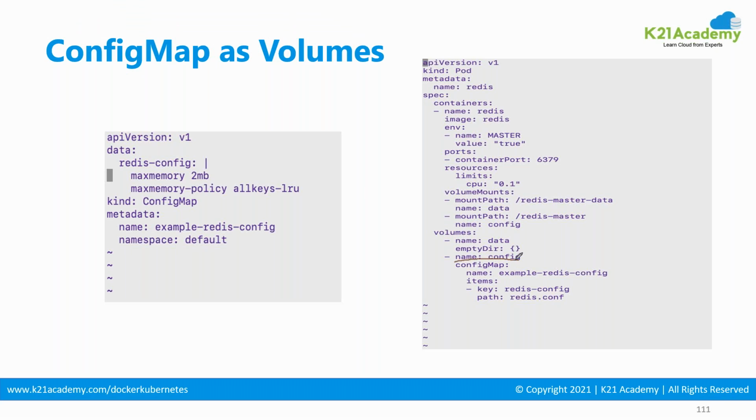This volume is mounted on redis-master. And whatever the file has been created here, redis.conf, and the values which are inside that redis config have been put inside this redis.conf, and now it will be available inside this path. So when I go to that location,